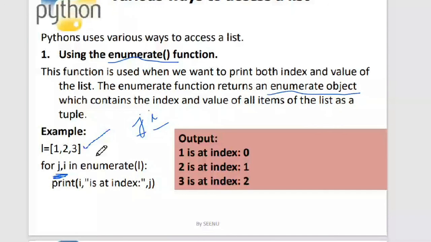So I have 0 and 1, the combination. Then I'll have 1 and 2, and then 2 and 3. This is how the enumerate object will look.